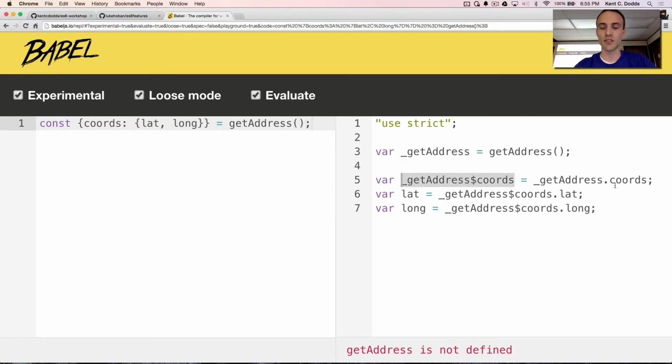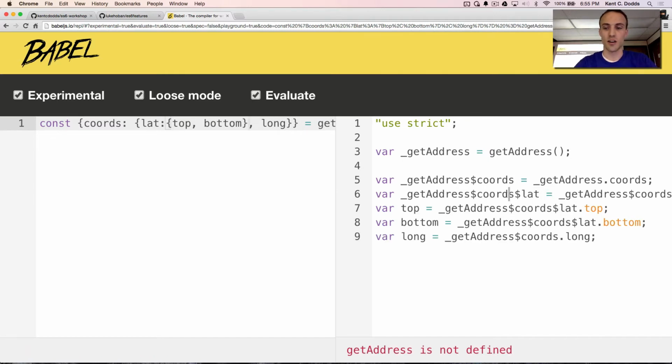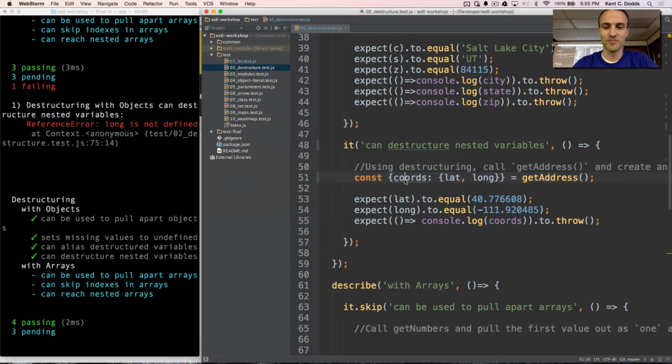They try to make their generated code readable, and I feel like it is fairly readable. This is sort of what's going on: you make a reference to what's returned, then you make a reference to what you want from what's returned, and then you get what you want off of that thing. So that makes sense?